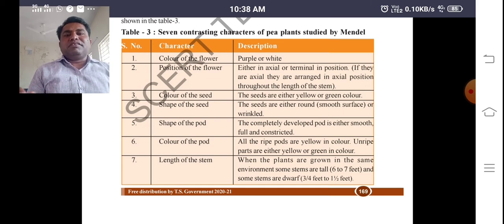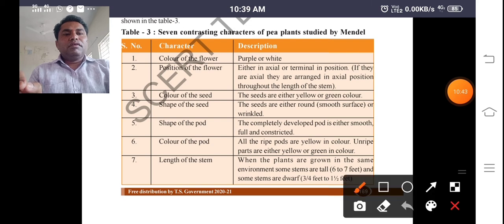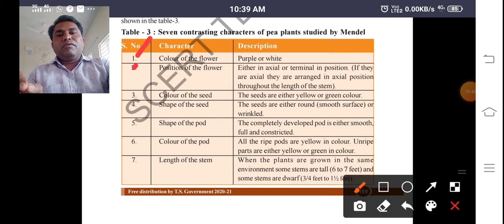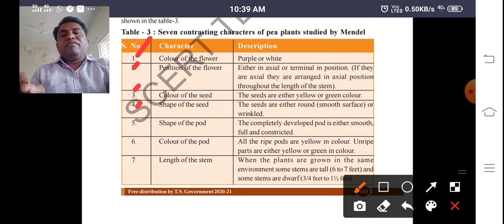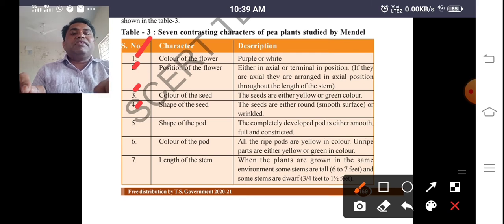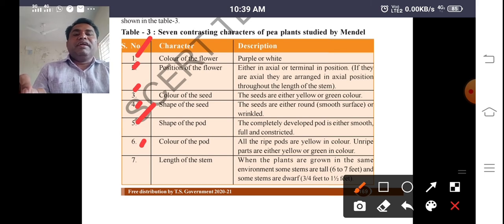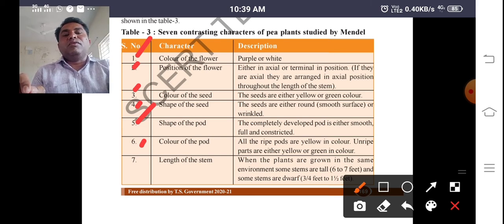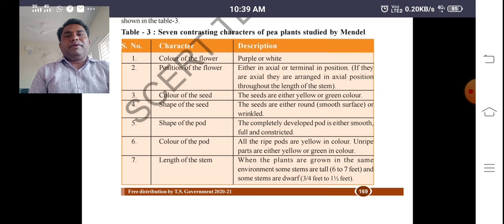ముఖ్యంగా ఫ్లవర్కి సంబంధించింది 2, సీడ్కి సంబంధించింది 2, ఫ్రూట్కి సంబంధించింది 2, 1 స్టెమ్కి సంబంధించింది. బాగా గుర్తుపెట్టుకోండి, సీరియల్ నెంబర్ 1, 2 ఫ్లవర్కి సంబంధించినటువంటి క్యారెక్టర్. అదేవిధంగా సీరియల్ నెంబర్ 3 and 4 సీడ్కి సంబంధించినటువంటి క్యారెక్టర్. అదేవిధంగా 5th and 6th ఫ్రూట్కి సంబంధించినటువంటి క్యారెక్టర్స్. ఇక లాస్ట్ 7 ఇట్స్ అలోన్, ఇట్ ఈస్ రిగార్డింగ్ టు ది స్టెమ్. సో దీస్ 7 characteristics has taken and conducted experiments.